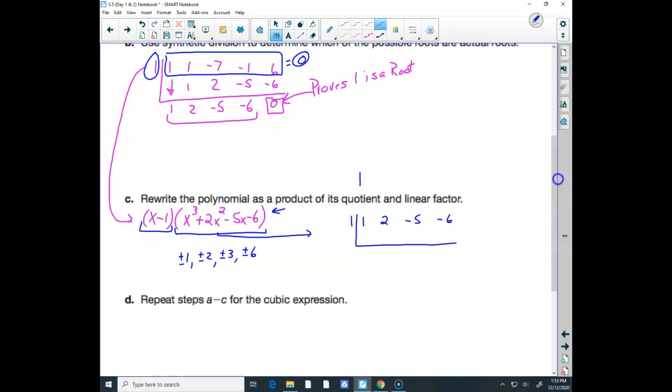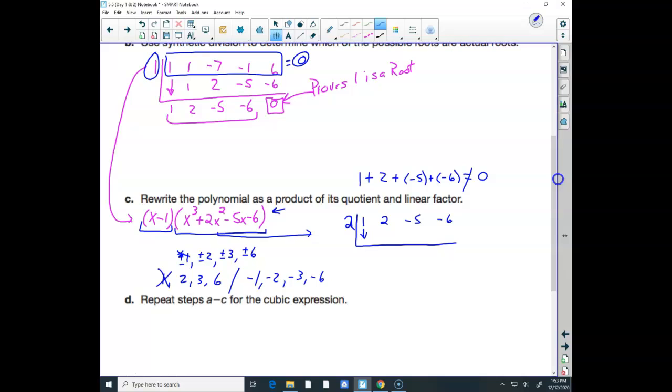Well, what's 1 plus 2 plus -5 plus -6? Does that equal 0? And the answer is big fat no. You know what that means? That means positive 1 won't work, so I'm going to cross my positive 1 off. And I'll usually write 1, 2, 3, 6 slash -1, -2, -3, -6, so I know that one's not going to work. What do I do? I move to the next one, which would be 2, and I try to synthetically divide